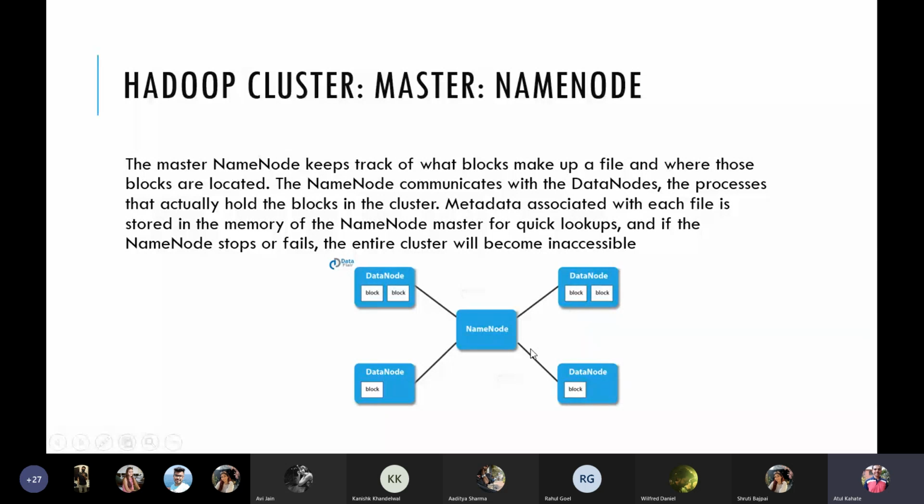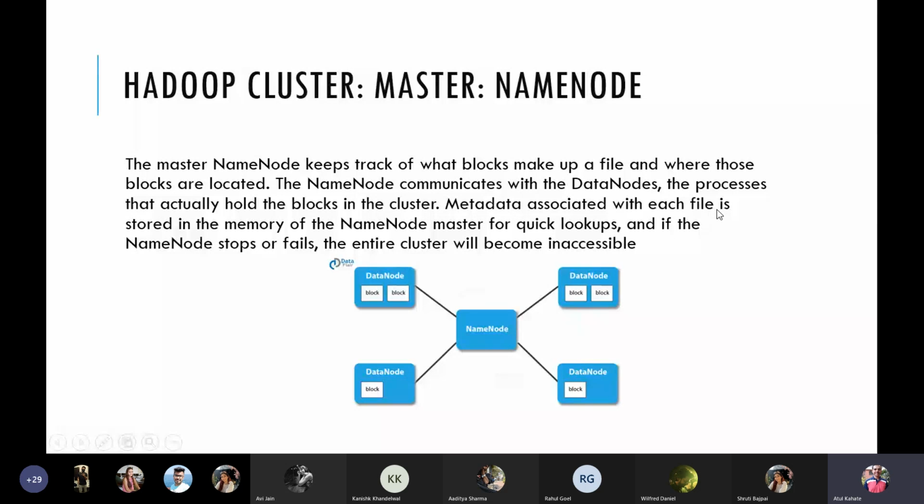So how the files are organized internally is entirely up to the name node. All it does is make use of data nodes in order to split and store the files. So the name node communicates with data nodes, which are the processes that actually hold the blocks in the cluster.